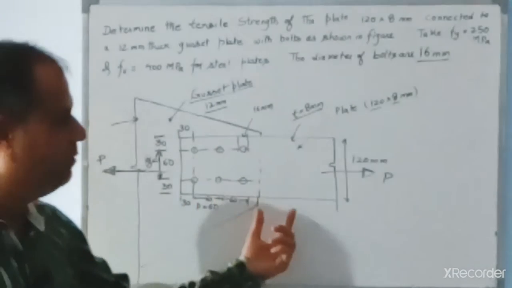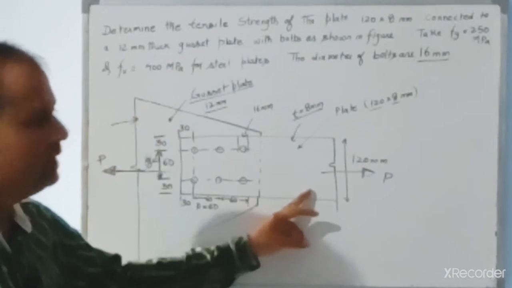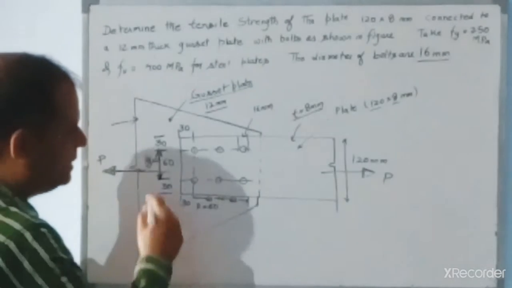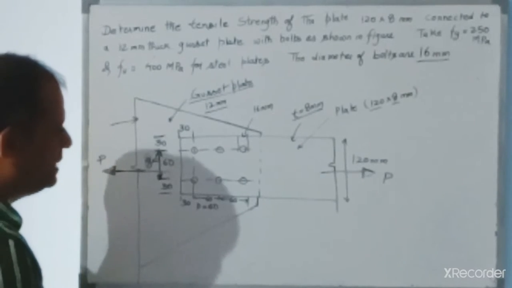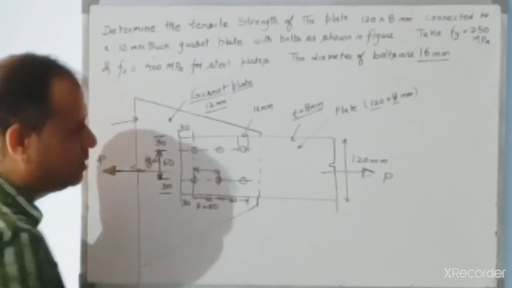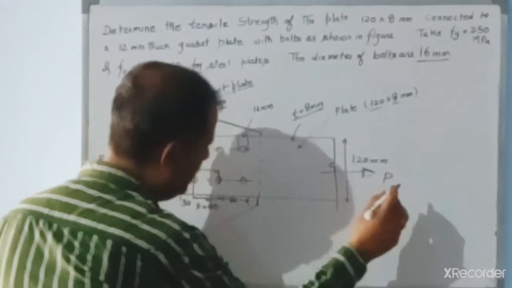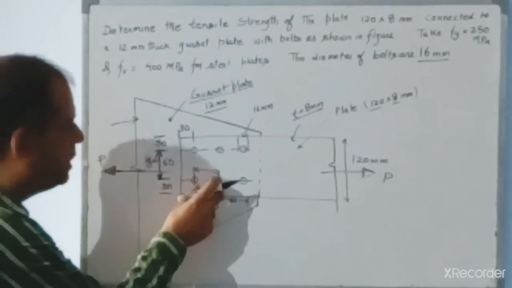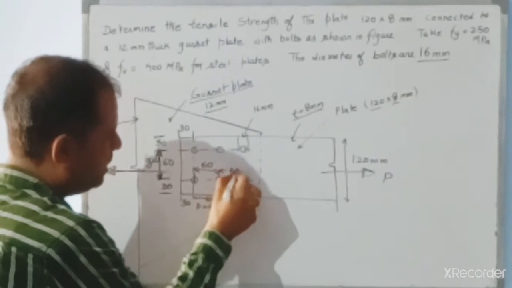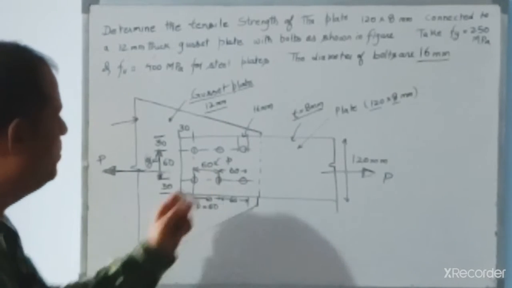So what is given over here? You can see the bolts are connected in such a manner that the gusset plate and the tension member make a rigid joint, and distances are marked. I am going to explain the distances. This is the distance between two consecutive fasteners in the direction of load. The load is applied in the x direction, and the distance between two consecutive fasteners is 60 mm. So this is 60 mm, this is 60 mm, and it is called pitch. It is denoted by small p.